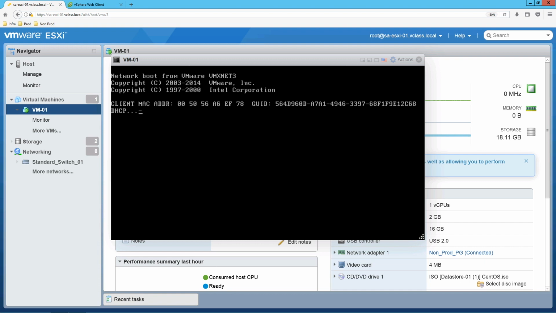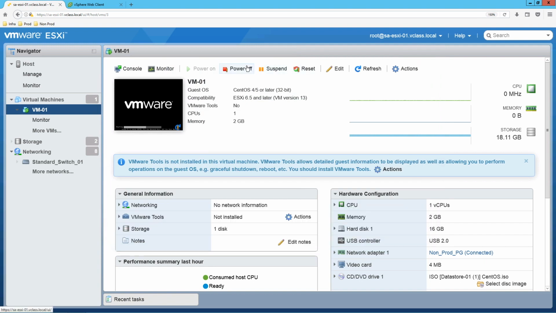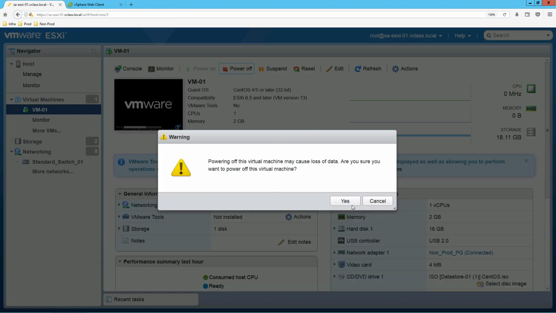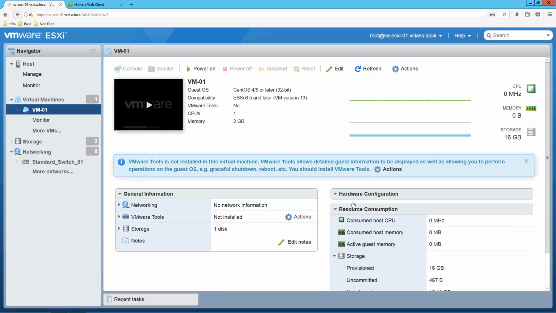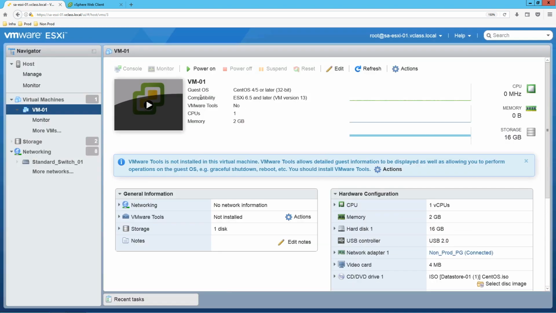Now to remove this virtual machine from inventory, first you need to power it off. Now the virtual machine is in power off state.